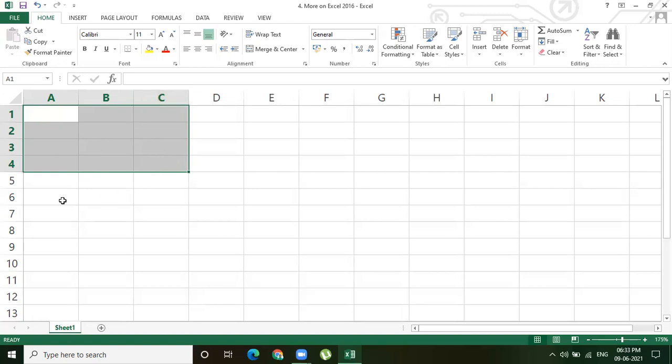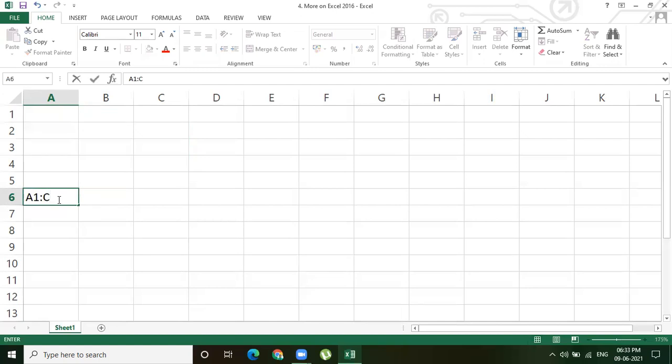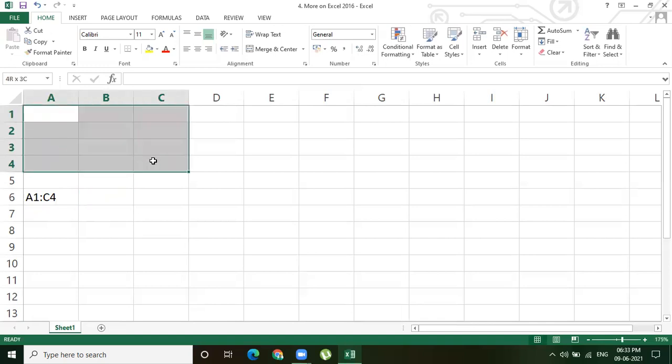So here A1 colon C4, if we mention A1 colon C4, that is called a cell range. Here A1 is the starting cell and the last cell is C4. This is called a range of cells. And we mention the range of cells in this manner, A1 colon C4. It means from A1 to C4, these are all the group of cells called a range of cells.